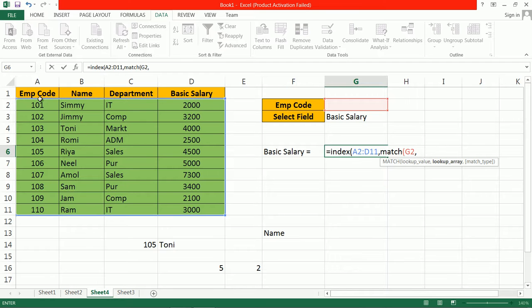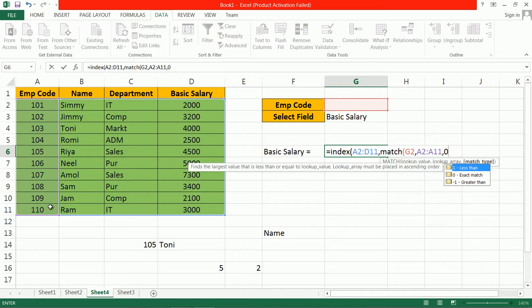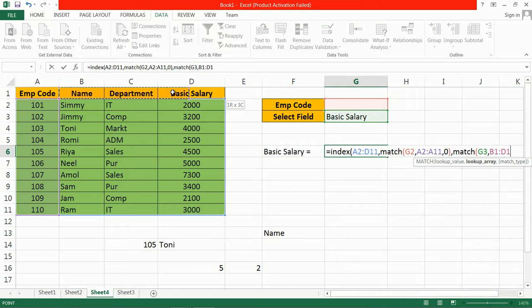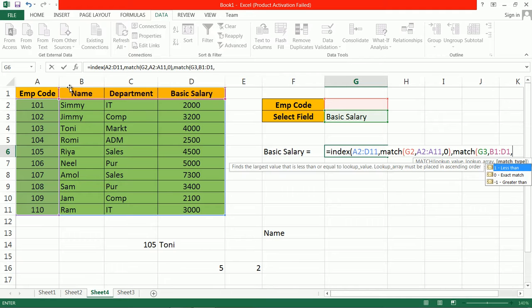We want to search the value in this range. Okay, after that the column value is the column field name, therefore here again use match. Lookup value from this cell. Okay, value to be searched in this range. And for exact match 0.